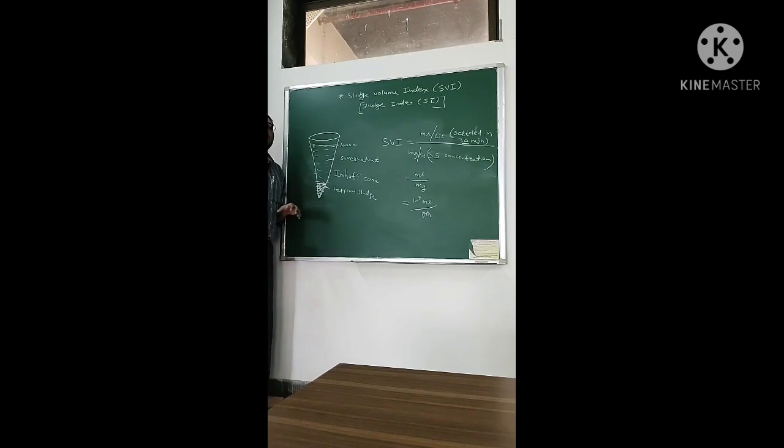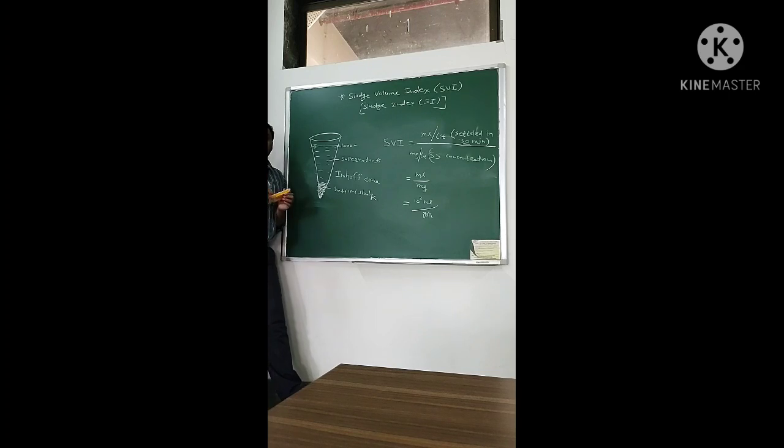Sometimes bulking of sludge occurs, which is one of the operational troubles in the ASP. You know what bulking of sludge is? Bulking of sludge is when the sludge never settles down clearly. Sometimes the sludge gets dispersed in the medium. That is called bulking of sludge. The supernatant then looks like a cloudy sample, so that is a very poor quality of sludge.